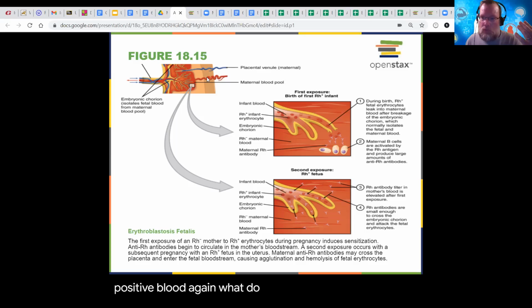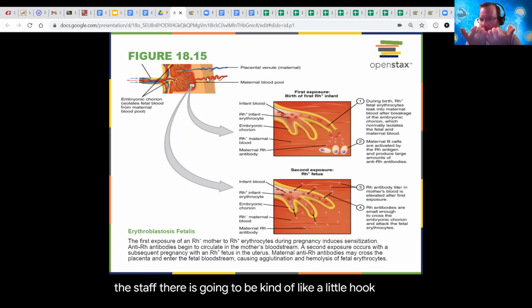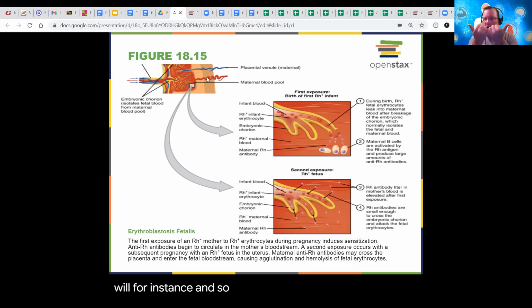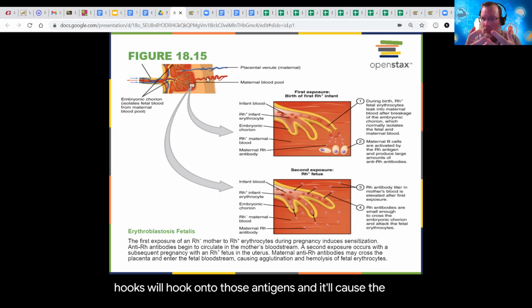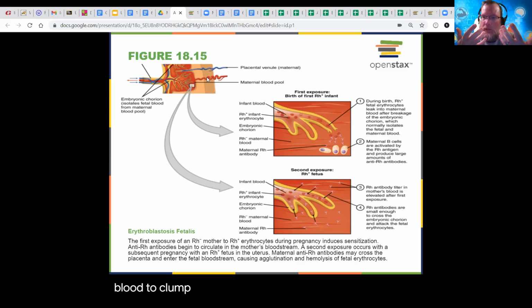So she's going to be ready for an attack on Rh positive blood again. What do antibodies do? In essence, the antibody is almost like a staff, and at each end of the staff there are going to be little hooks, if you will. An Rh antibody chemical might look like this. So when I put this inside of someone's blood who has Rh antigens on the surface of their cells, these little hooks will hook onto those antigens, and it'll cause the blood to clump. Okay. So remember,